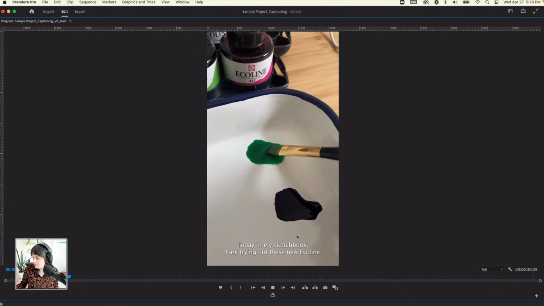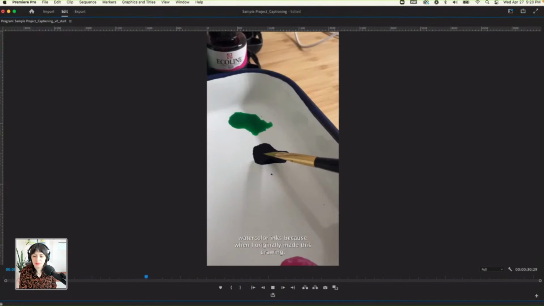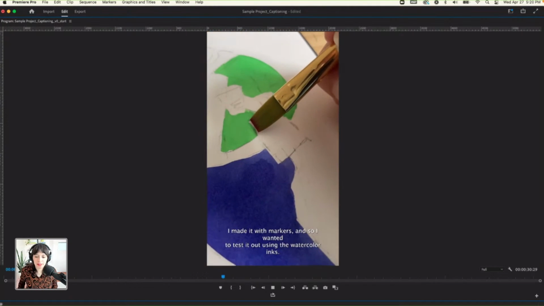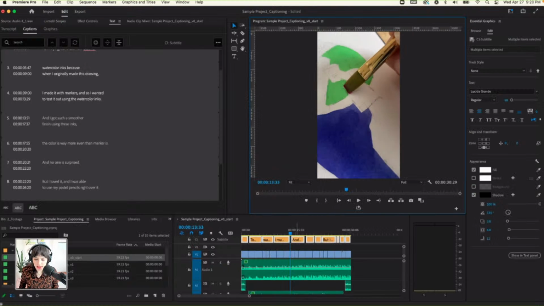Today in my sketchbook, I am trying out these new Ecoline watercolor inks because when I originally made this drawing, I made it with markers, and so I wanted to test it out using the watercolor inks. Okay, so there you have, I'm not going to play it all the way through, but you can see it,